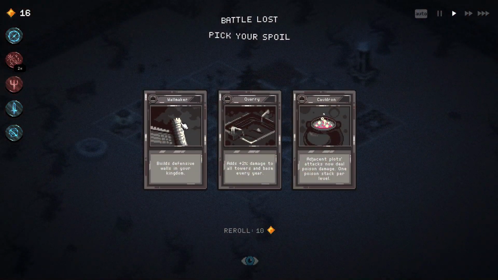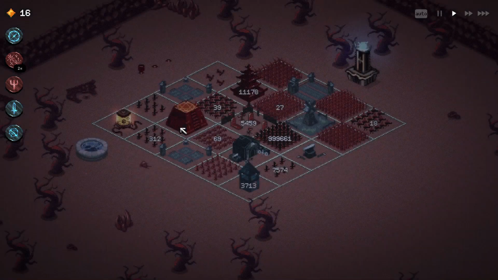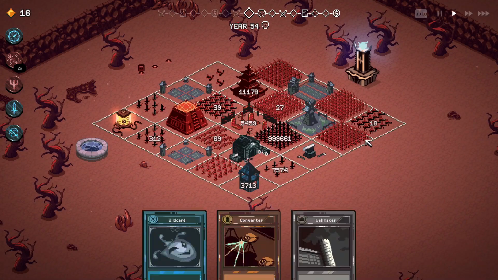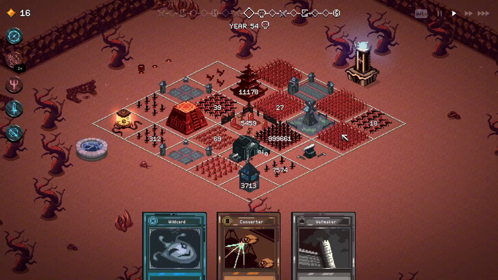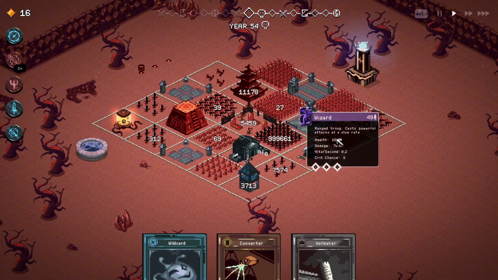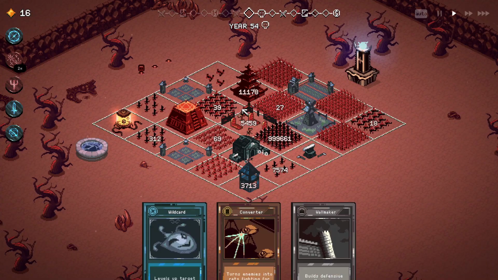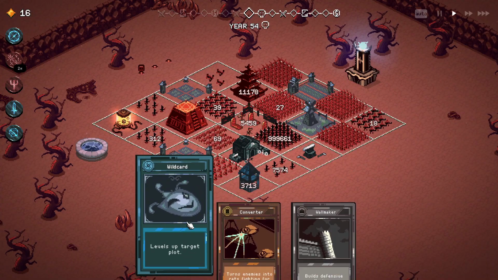We are just getting... Build defensive walls in your kingdom. Oh. What does that mean? I've never seen that before. I'm quite interested in that. Oh, so it's like a structure that they can't go through? How does that work? I mean, it's a good idea in principle. I don't know who I'm up against next. Am I up against the King of...